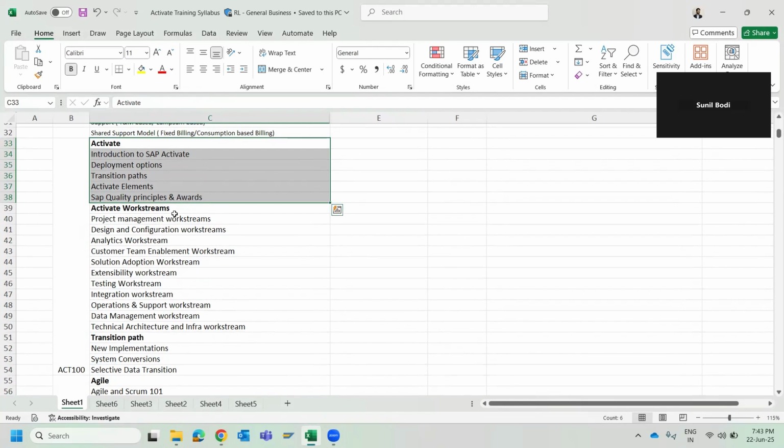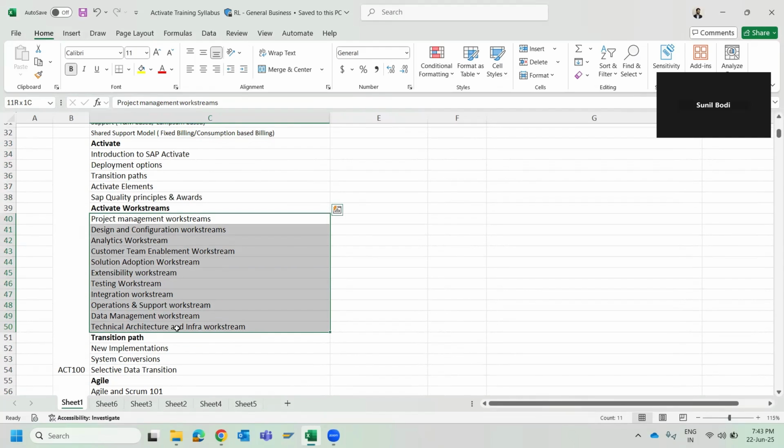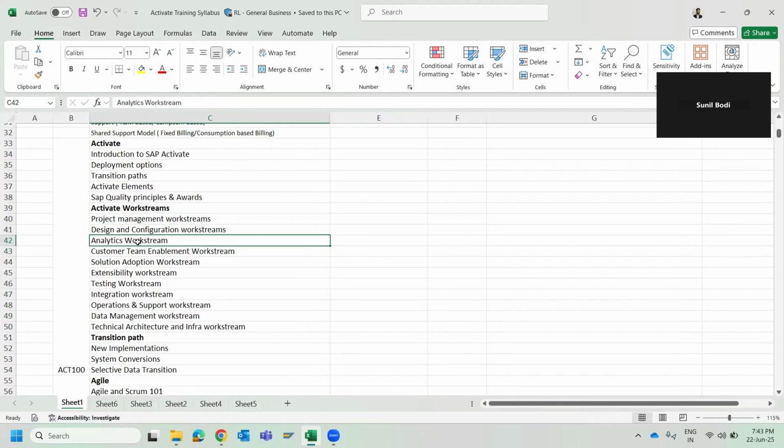Then we have work streams. We have about 11 work streams that we will cover in terms of SAP, which will cover right from project management, solution design, and how we configure, data representation, analytics, and visualization. Then comes your customer engagement and enablement, your solution adoption across your business users, technical extensibility in terms of the additional requirements that are not covered as part of standard SAP, your testing,